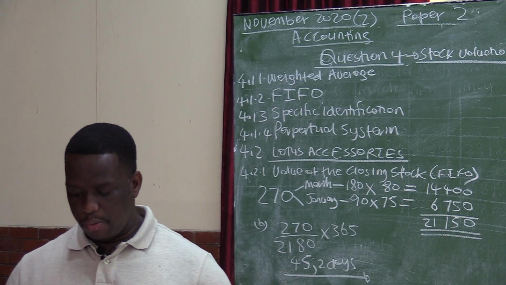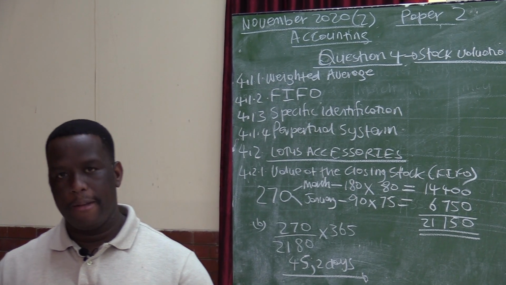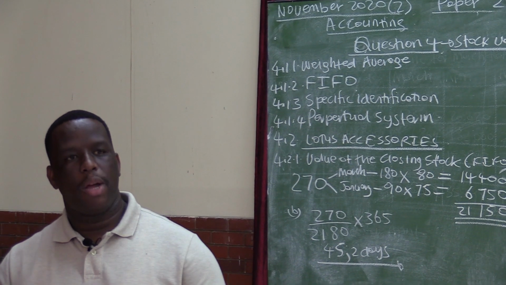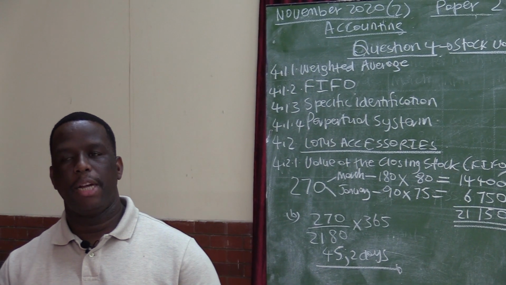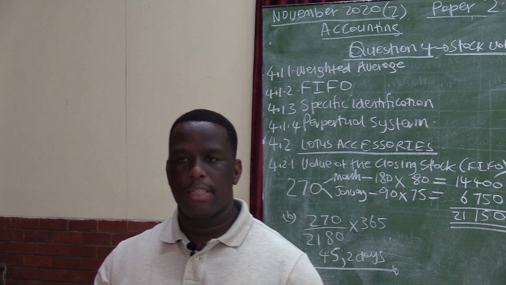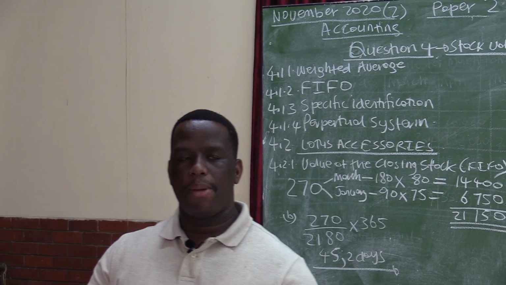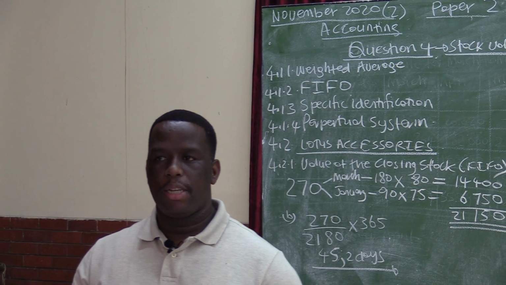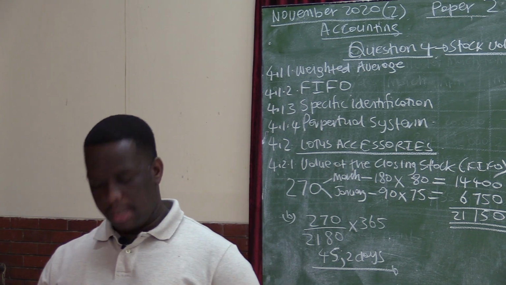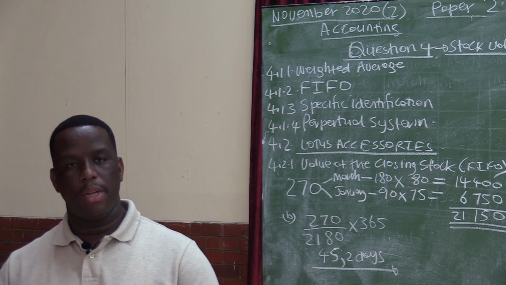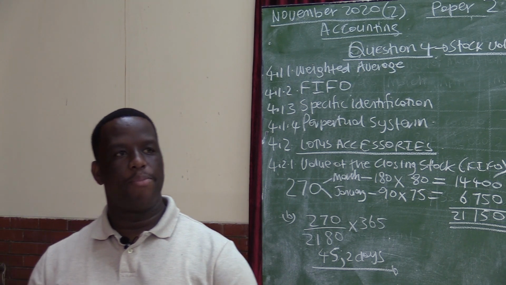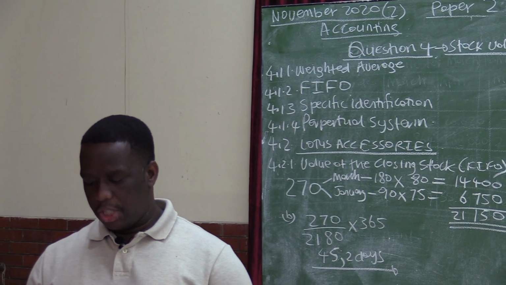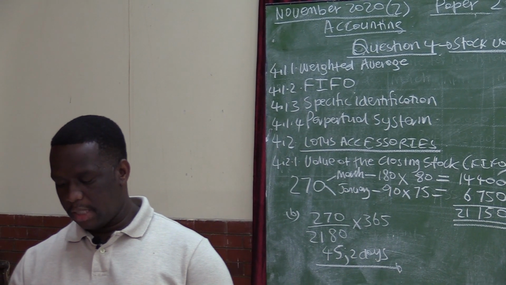There was also, in question 1, creditors reconciliation. Creditors reconciliation is about ensuring that the balance we have according to our creditors ledger is the same as the balance on the statement that the suppliers send us. So we want to ensure that the balance according to our records is the same as the balance reflected in the statement received from the suppliers. Should there be any differences, of which in most cases there will be, reconciliation needs to take place so that we are able to correct that.